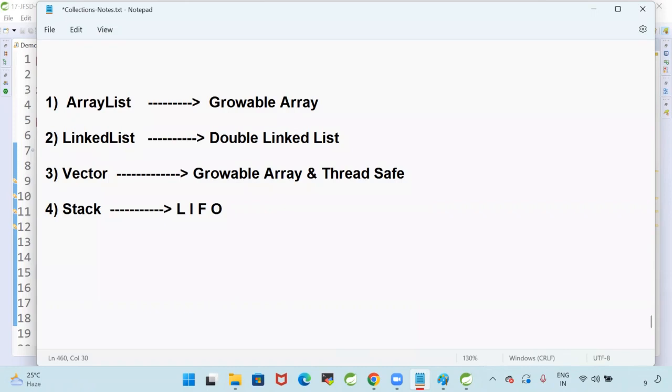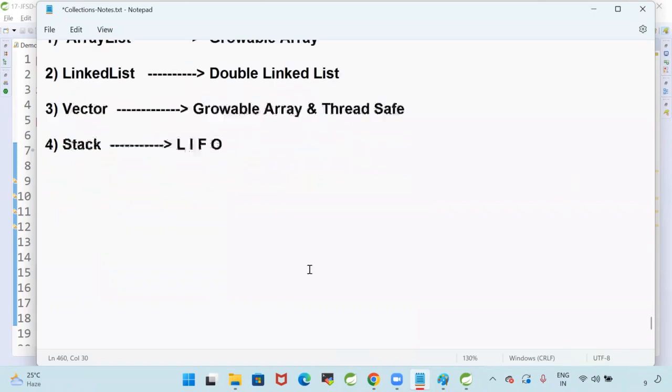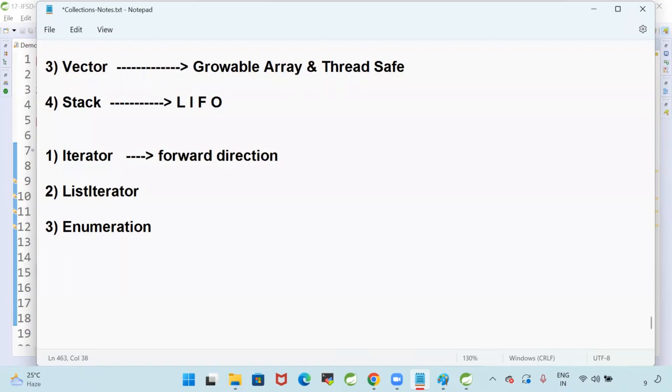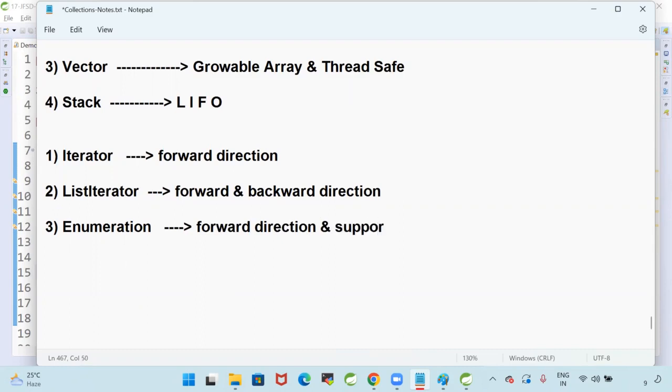List is extending the properties from the Collection. And we have seen three cursors. One cursor is called Iterator. Second cursor is called ListIterator. Third cursor is called Enumeration. Here Iterator supports forward direction. ListIterator supports forward and backward direction. Then what is Enumeration? Enumeration supports only forward direction and